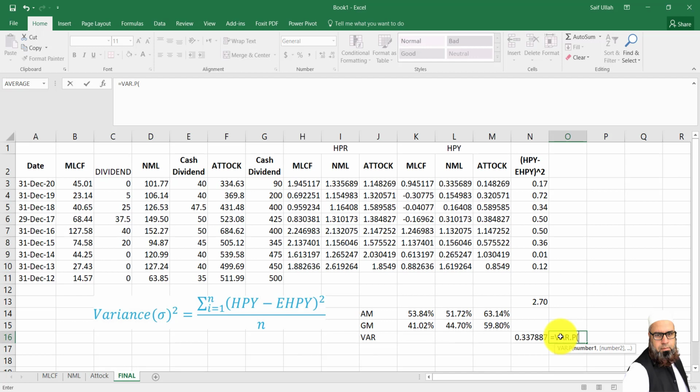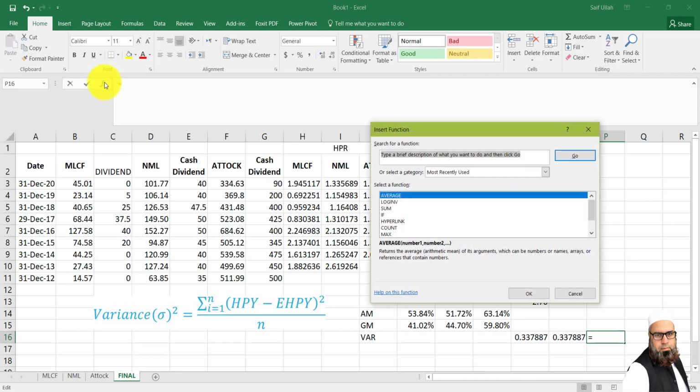Now I will use Microsoft Excel functions to compute the same value, and I will write equal to var.p, bracket start, and select all HPY values of MLCF, and it will automatically compute the variance of MLCF. Similarly, I can take help from Excel insert function.